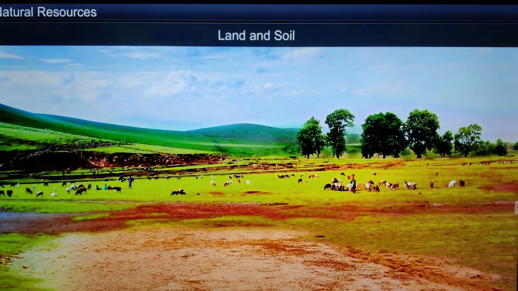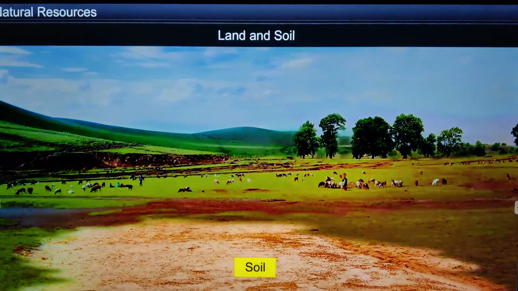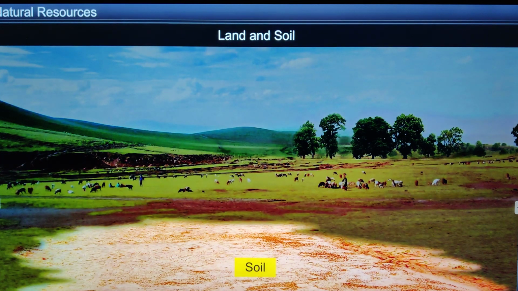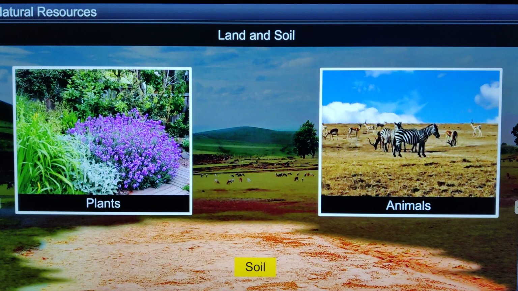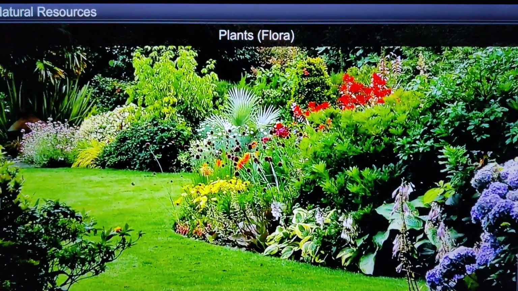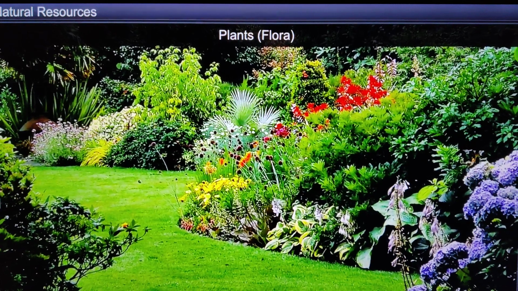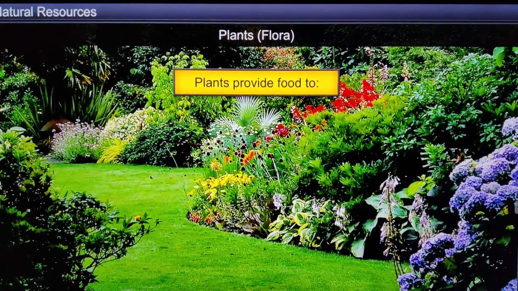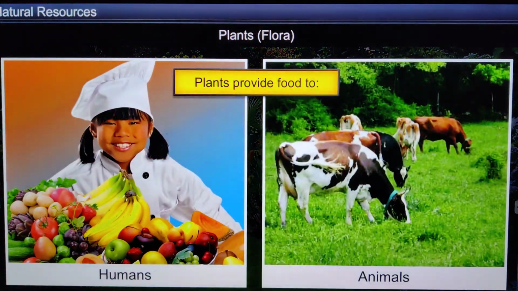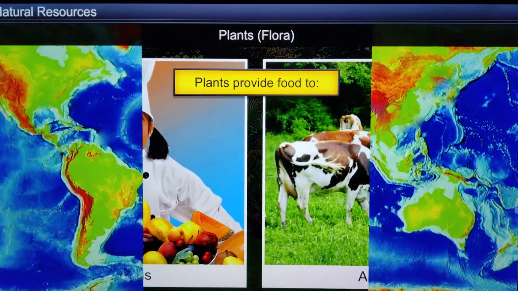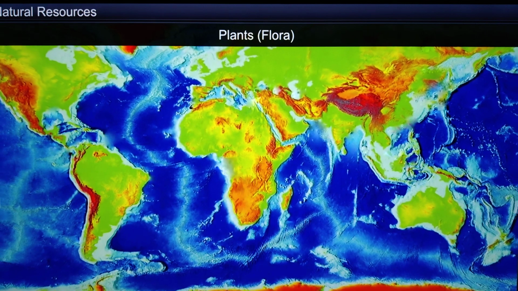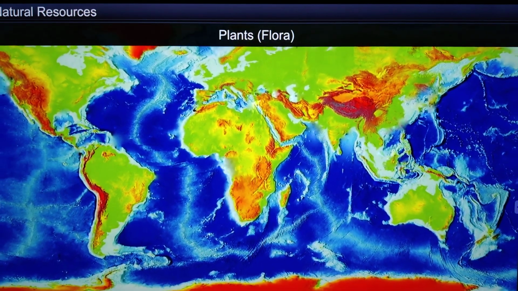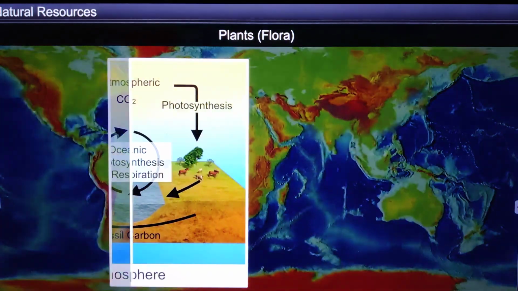Land is another vital natural resource which comprises the soil as the topmost layer. It is essential for the survival of both plants and animals. Flora or plants are producers as they provide food to the entire living world, including humans and animals. They also regulate Earth's temperature, balance of oxygen and carbon dioxide in the atmosphere,